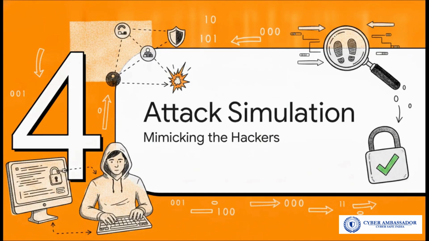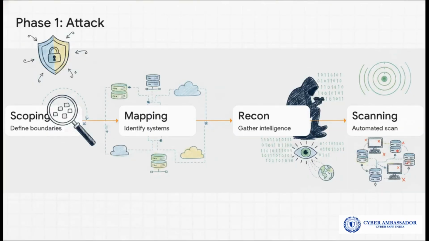Let's pivot to Section 4, the attack simulation process, safely mimicking the hackers. Now, what's really fascinating here is seeing exactly how ethical hackers systematically simulate these attacks. During the initial attack phase, it happens in 4 distinct steps. First is scoping. This is absolutely crucial. Experts define the precise boundaries of the test so they don't accidentally take down your live production servers while playing